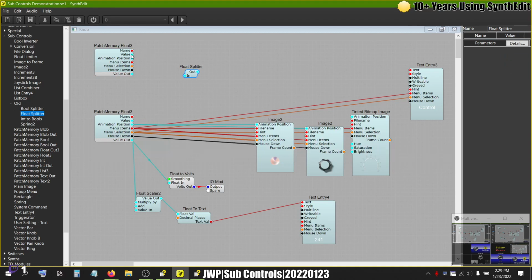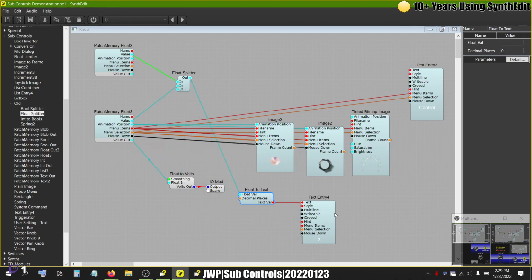And what's going to happen here is value goes into one end from one float memory and value from the other end to the other float memory. And then if I take that, I'm going to get rid of this scalar, and I take this output of this splitter and plug it into the float to text, into the text entry. I now have this one knob controlling two float patch memories,